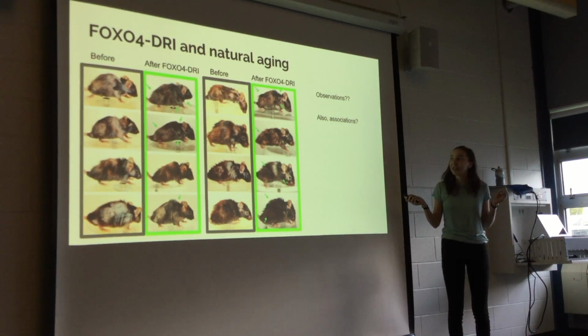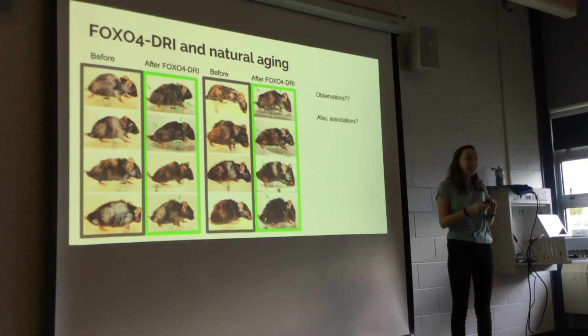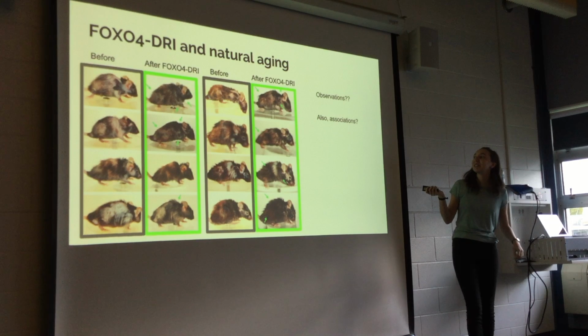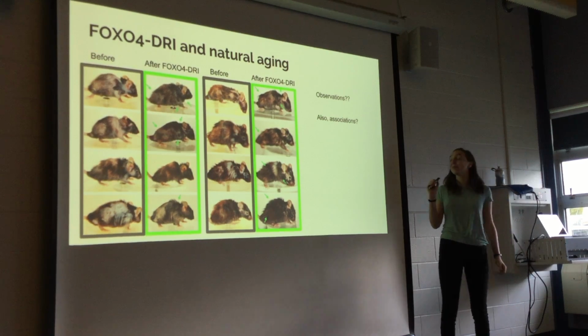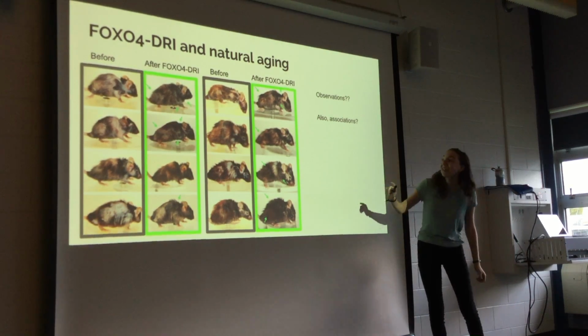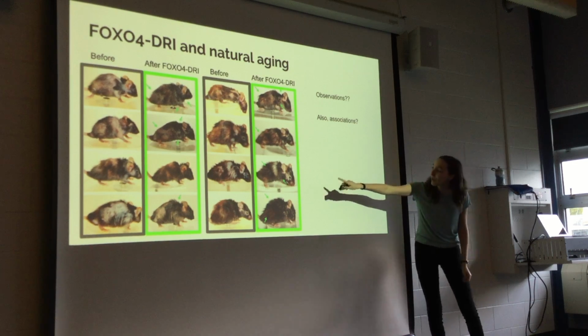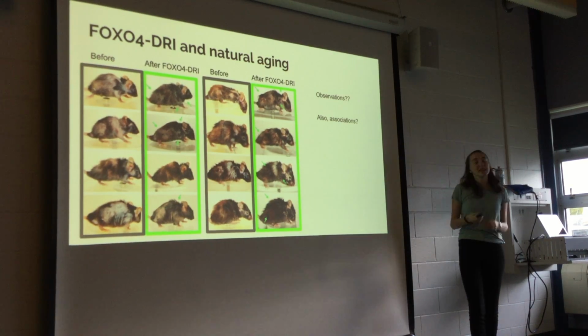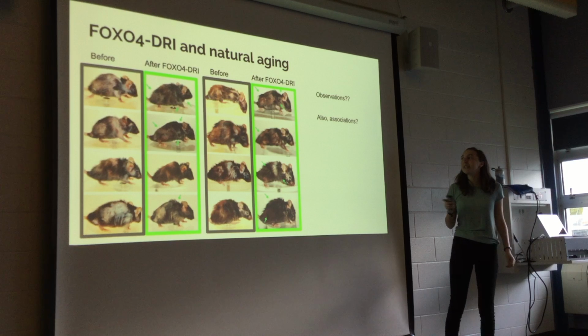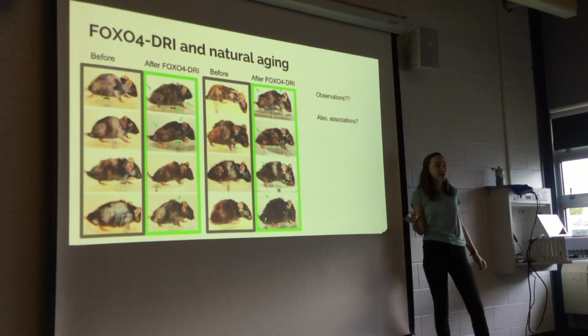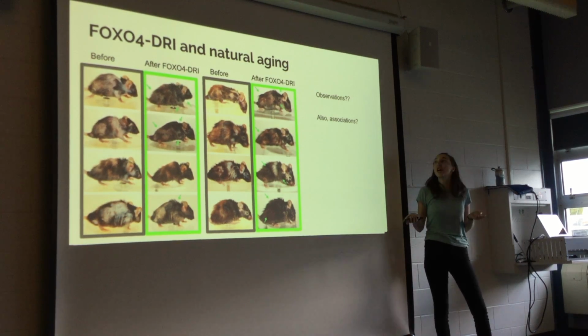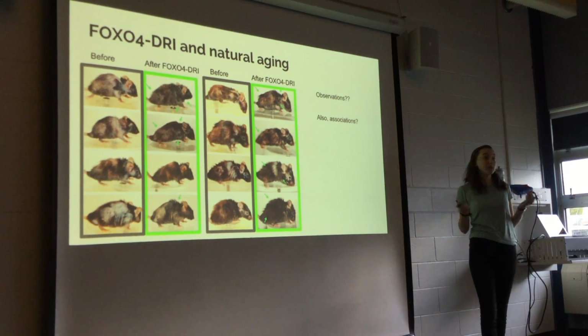Take a look, see if you can notice anything different in the before and after picture. Anyone have any observations? Yes? Well, all of their coats are even bigger than they were before. Exactly. So the researchers noticed this too. They saw that their fur density was improving by a lot. It's kind of hard to tell, but you can see where the green arrows are. Their fur is growing back, which is really cool. This is a cool effect that FOXO4-DRI has on the body. And it's interesting because what do we associate with hair loss? Usually old age. So this is an effect of aging that FOXO4-DRI is able to reduce.